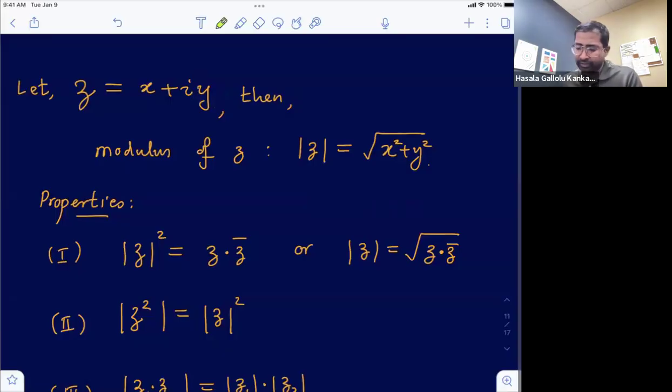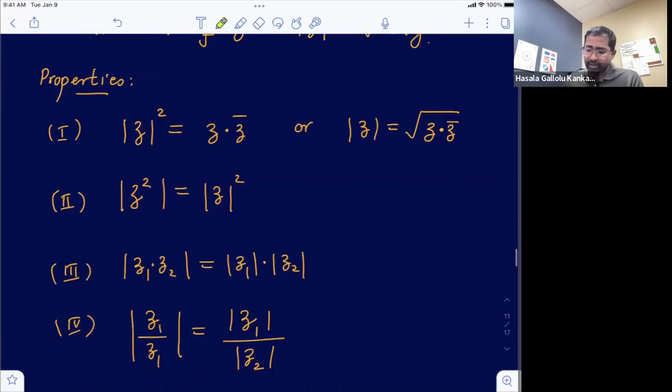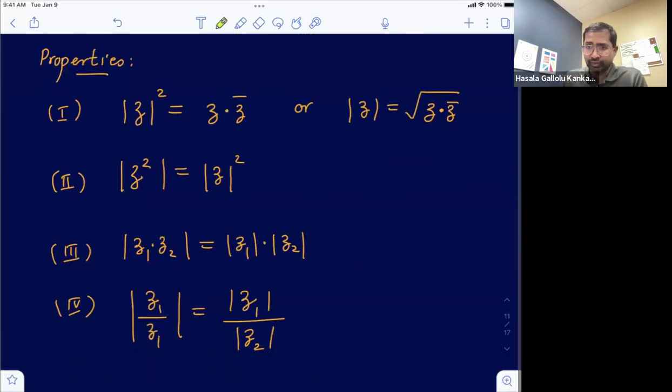Now, we already know the modulus, or the magnitude of the complex number, can be represented geometrically by the quantity, the square root of x squared plus y squared, which is directly coming from natural geometric observation, and we indicate it by the absolute value sign. And then, based on this, the properties that can be used to describe complex numbers sometimes can be useful in computations. So the first one, we have